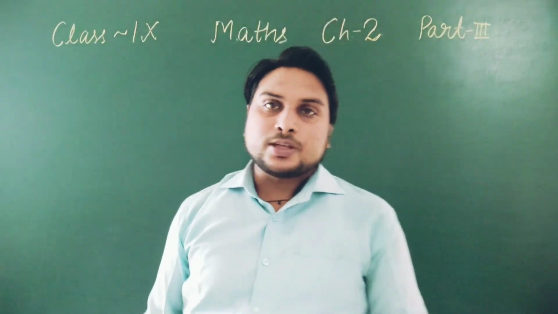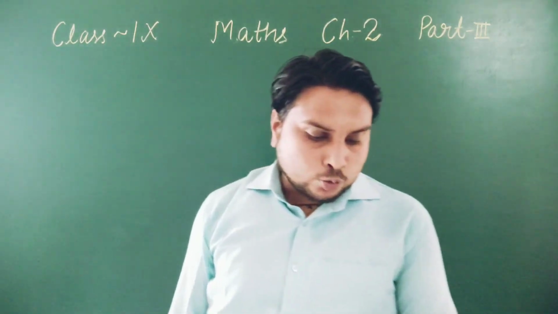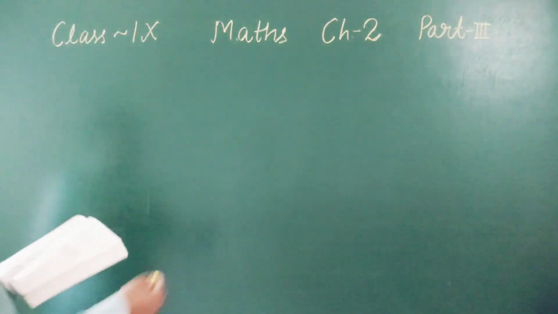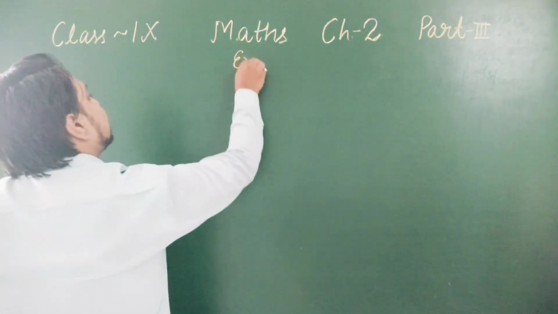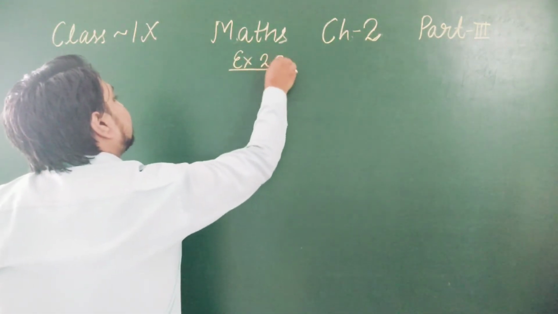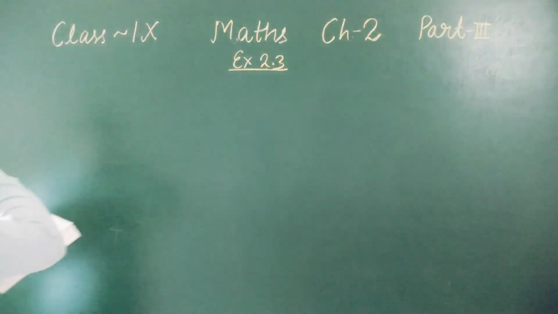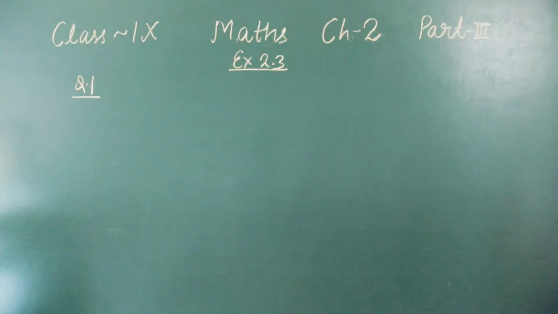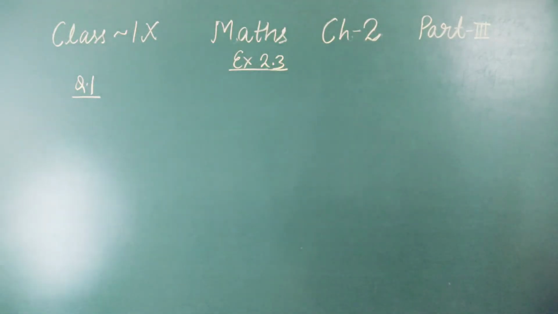On the basis of this topic, our exercise 2.3 is there. Let us discuss the questions of exercise 2.3. The first question is: find the remainder when x cube plus 3x square plus 3x plus 1 is divided by